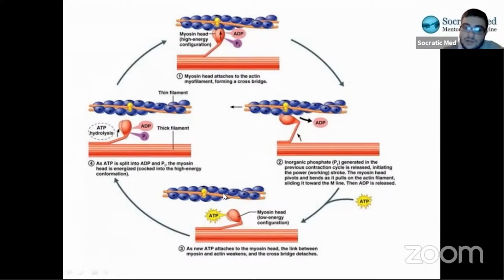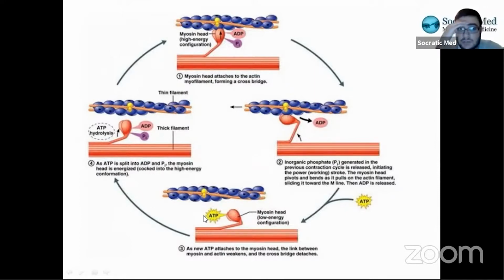So it starts off like this. The myosin is not bound to anything right now. Well, it's bound to ATP, right? It has an ATP attached to it. As you may know, muscle contraction takes a lot of energy, so it requires ATP. This is how it's involved. ATP is bound to the myosin head, but it's not bound to the actin, which is this blue line of balls, right? What happens is the ATP gets hydrolyzed.